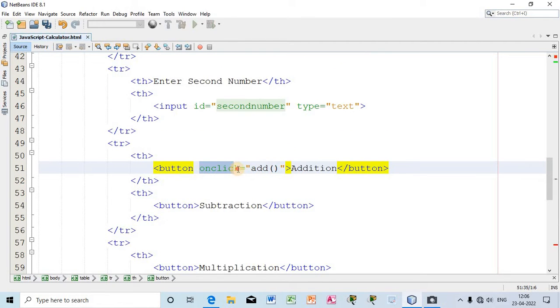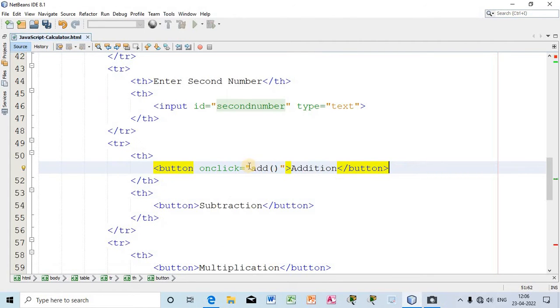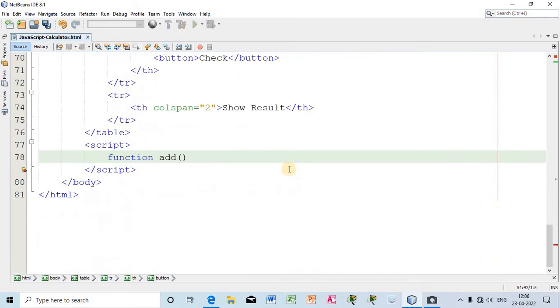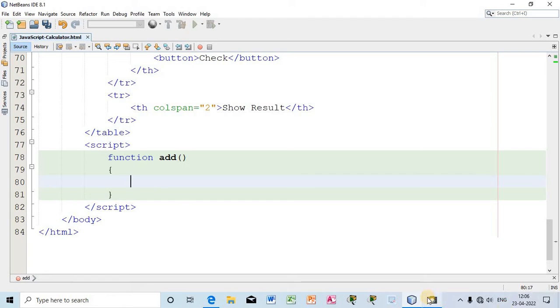This is the onclick function. When the user clicks on the add button, this function will be called. That is why I have written that this add function will be called. Now it will perform some action. What it will do, I have to write over here. Let us see what it will do. So now here I am going to write